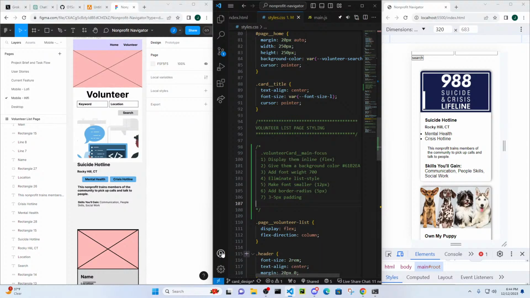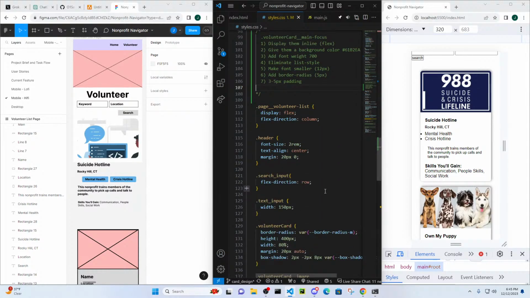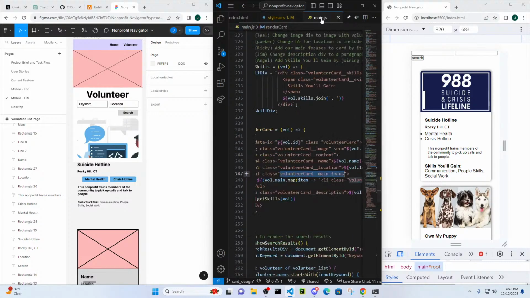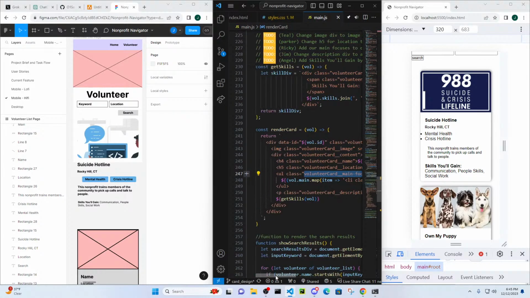How about just looking at the card in general, without the content inside of it? What do we need to do? Is the question more like just the layout? Layout, style, border. Okay, so we need like 2 columns, the mental health on the left, crisis hotline on the right. Yes. So it looks like we're going to have an unordered list,